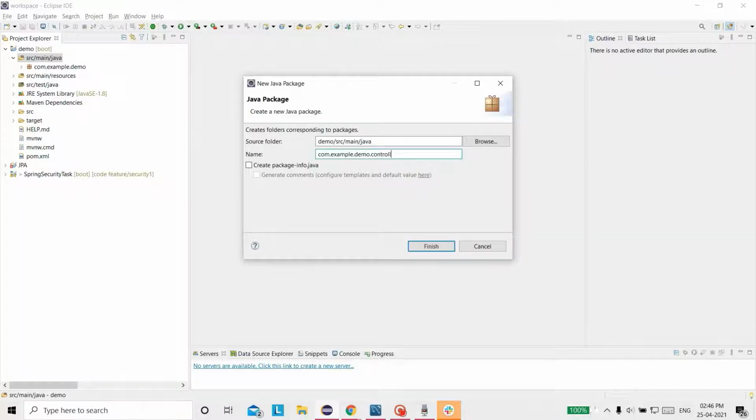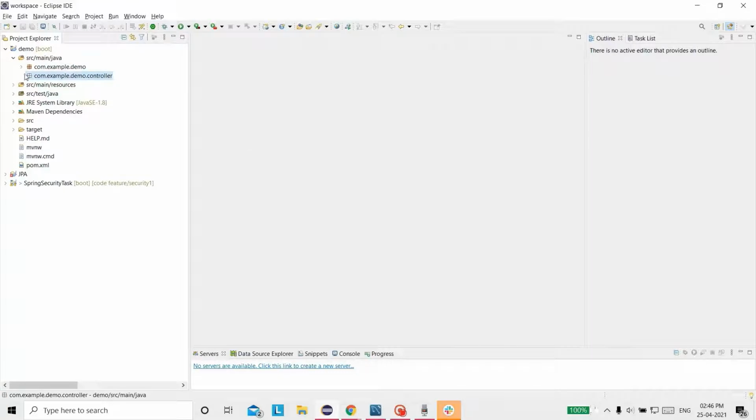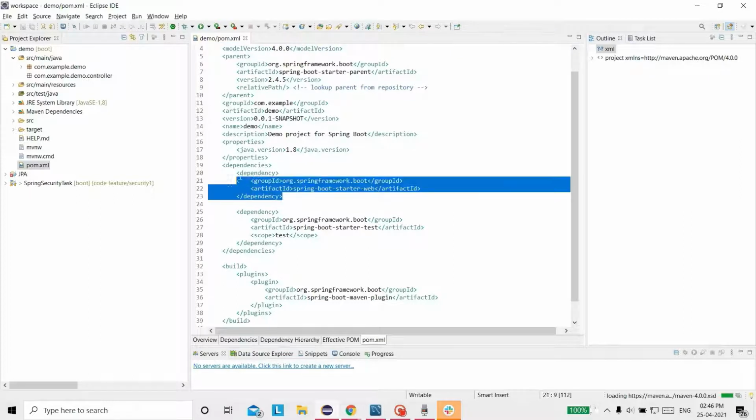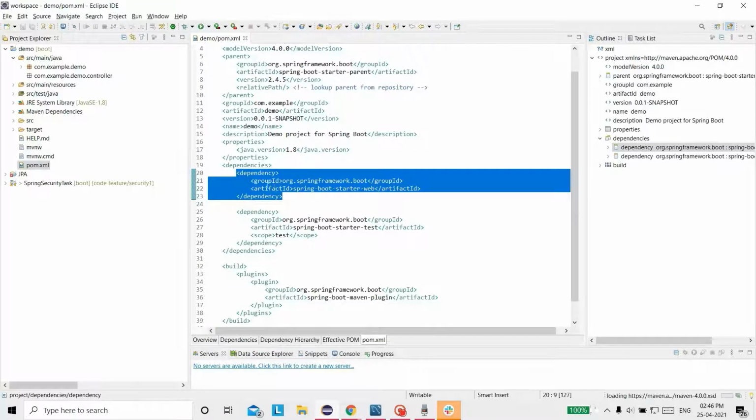The base package will be the same, com.example.demo, and after that we can write our own. First we will check whether pom.xml has the web dependency or not. While creating the project we added the dependency, so it is reflected here.